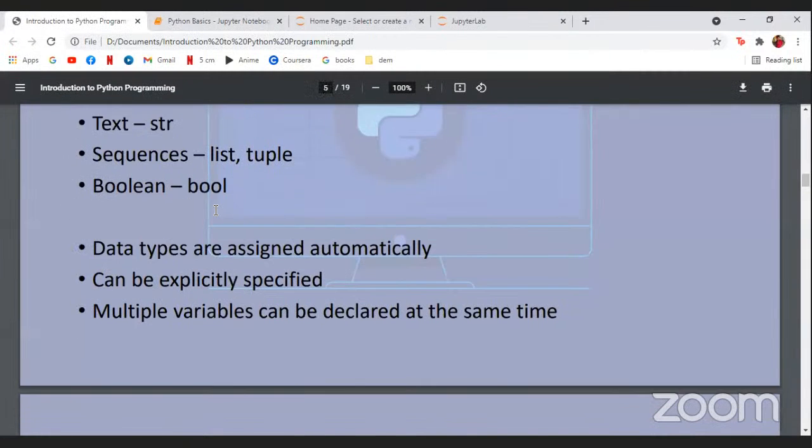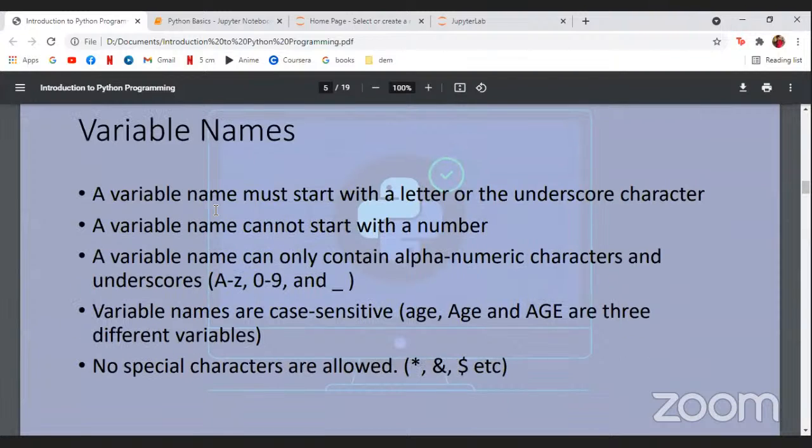Now, variable names, these are very important because there are certain conventions that you have to follow when you're naming your variables. So a variable name must always start with a letter or underscore character. So you can't start with a number or any other special character. So you have to start with a letter or an underscore, although starting with the letter is the usual convention, which everyone follows. So a variable name cannot start with a number,